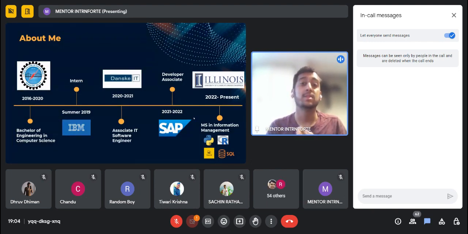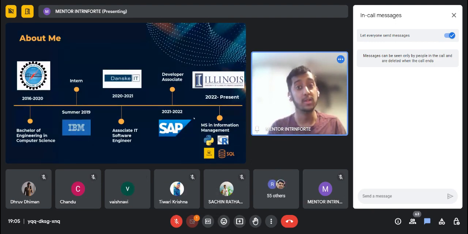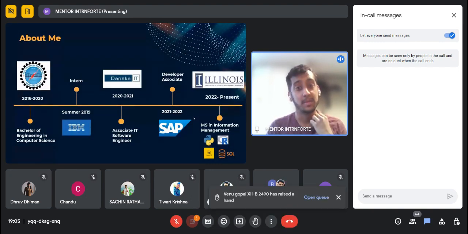Following my experience at SAP, I decided to pursue my master's at the University of Illinois Urbana-Champaign. I'm doing a master's program which is mostly focused in the analytics domain. It's called information management. After full stack, I just want to delve a little bit more into data and analytics. This program teaches more core concepts like Python, R, SQL, Tableau, Power BI. So that's what I'm doing right now, and I'm also interning part time as a developer for SAP here in the US as well. So that's a little bit about me.